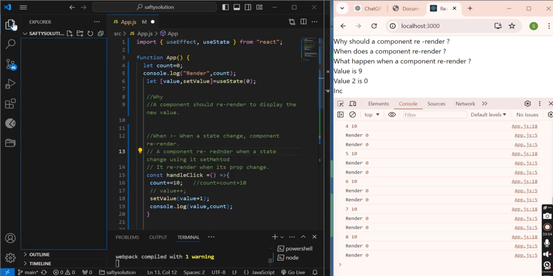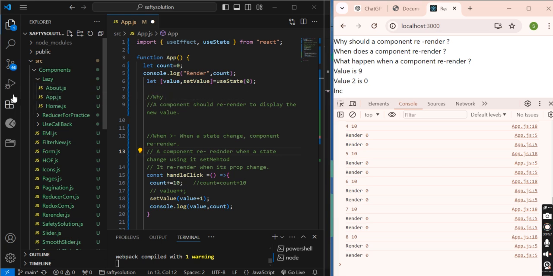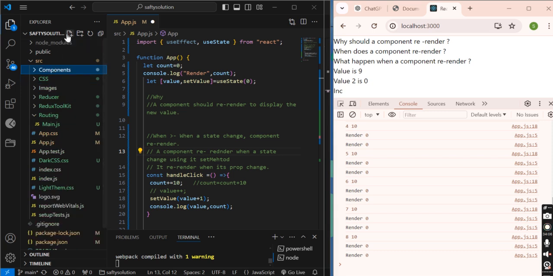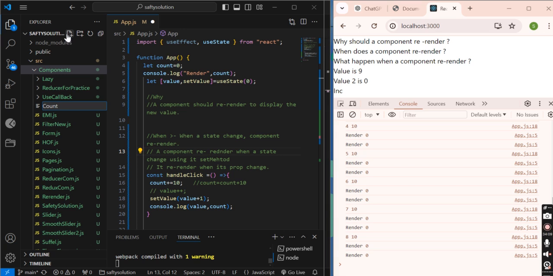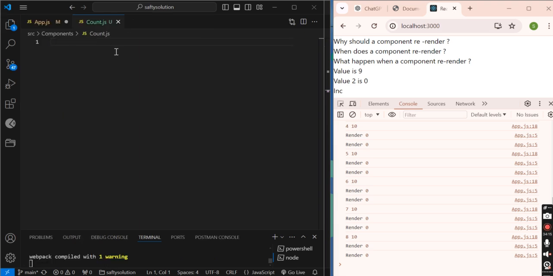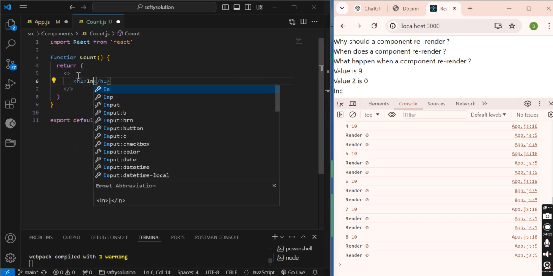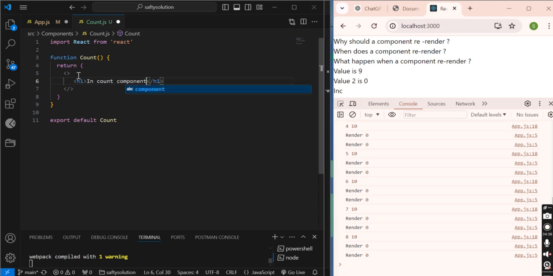For that, I will have to make a new component. Can I take the previous component? No. Let me make Count.js. So let me make a dummy UI, an h1 in the Count component.